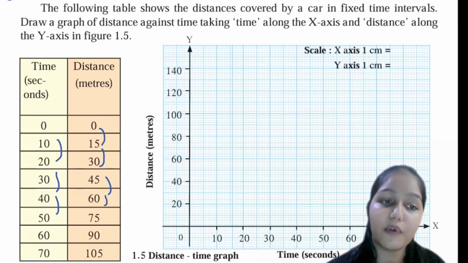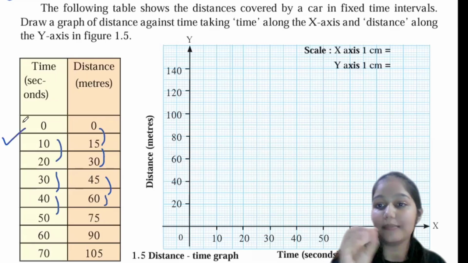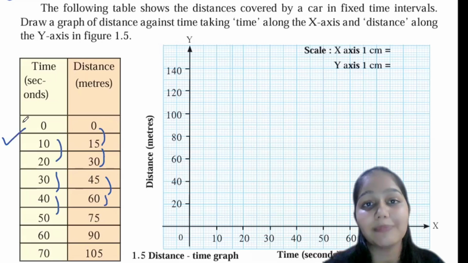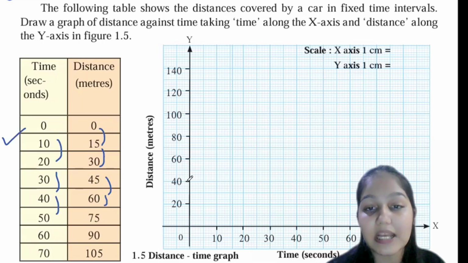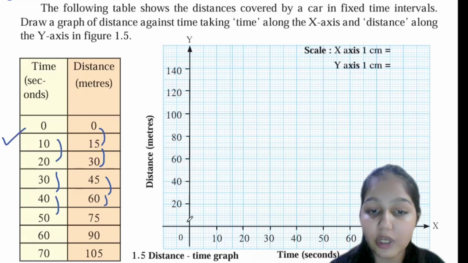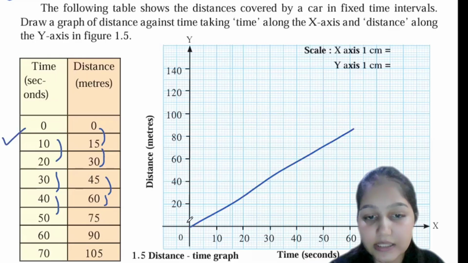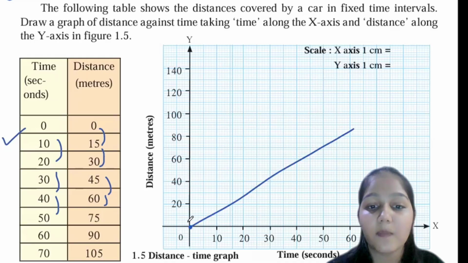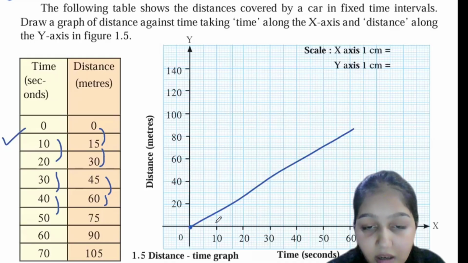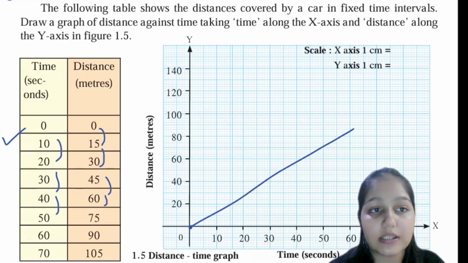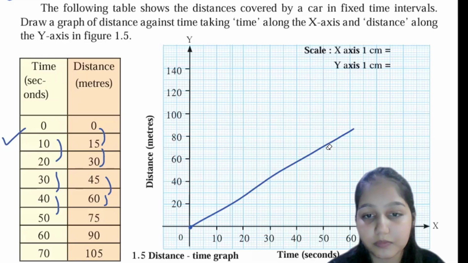So it is a uniform time that is being shown. The interval of time is uniform here. So in that case, if you have to plot a graph, the graph will always go like this. Okay. So here I can consider 0 to 0, that is 0 on the x-axis and y-axis. Then on 10, just forget about this line here right now.